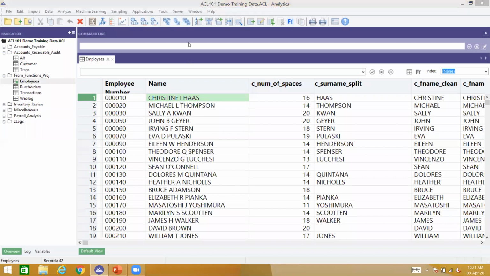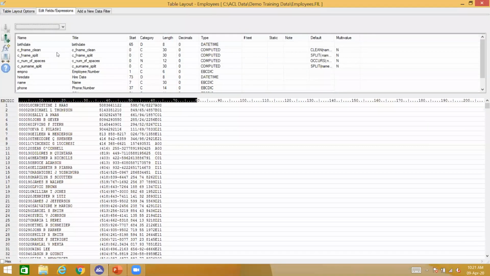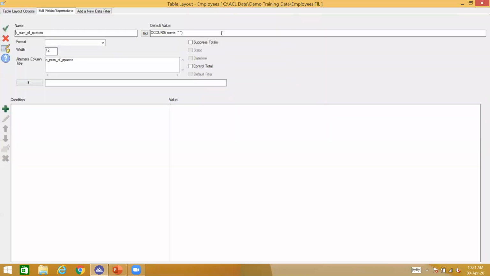So I'm going to go back to my table layout. I'm going to fix this field of mine where I counted the spaces. I'm going to go inside the brackets of occurs. It's just like maths, ACL. You want something to happen first, you must put it inside the brackets. What's in the brackets happens first. I need to remove the spaces first before I count anything. So I'm going to say all trim, open bracket, and the field from which I want to remove spaces is